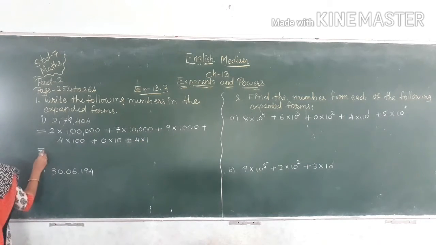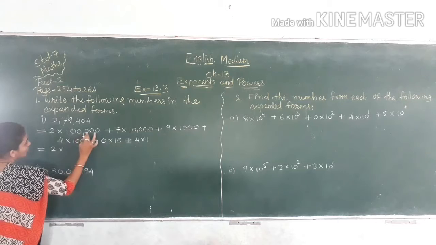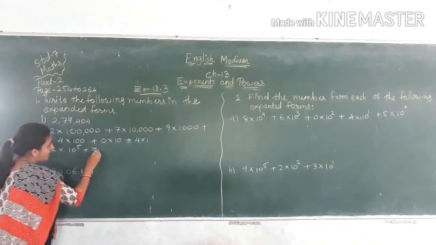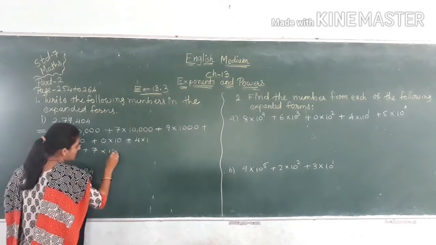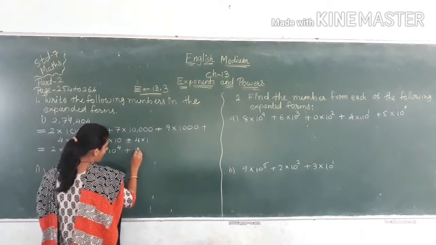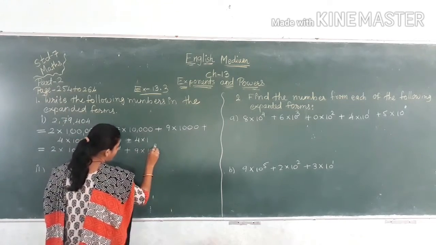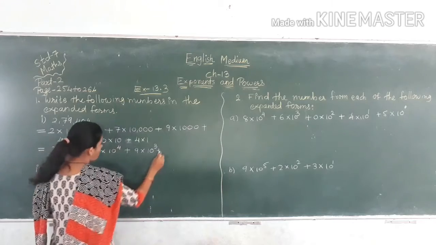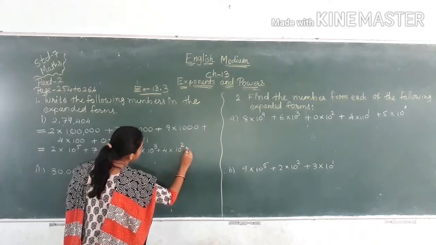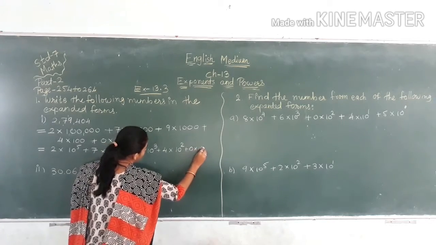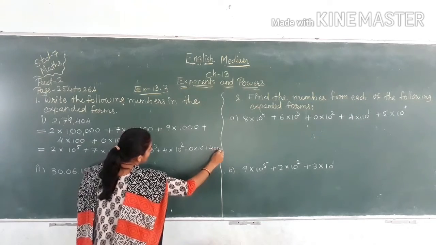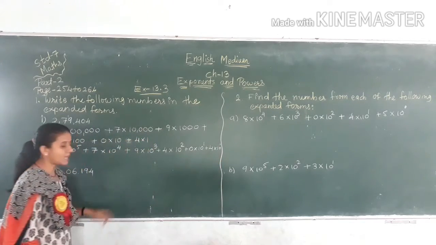So 2 multiplied by 10 raised to 5 plus 7 multiplied by 10 raised to the power 4, then 9 multiplied by 10 raised to the power 3 plus 4 multiplied by 10 raised to 2 plus 0 multiplied by 10 raised to 1 and plus here 4 ones, that means 10 raised to 0. It is called the expanded form of